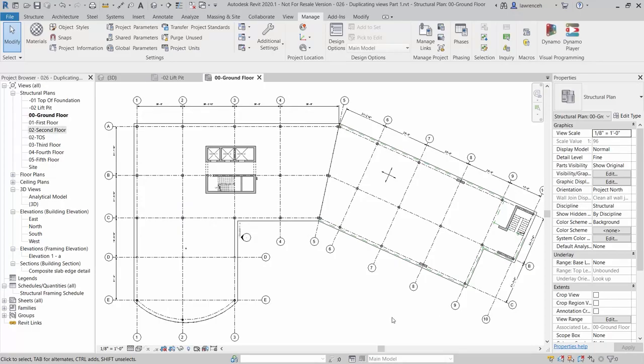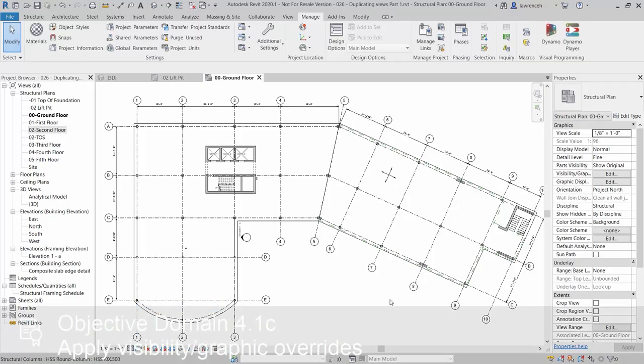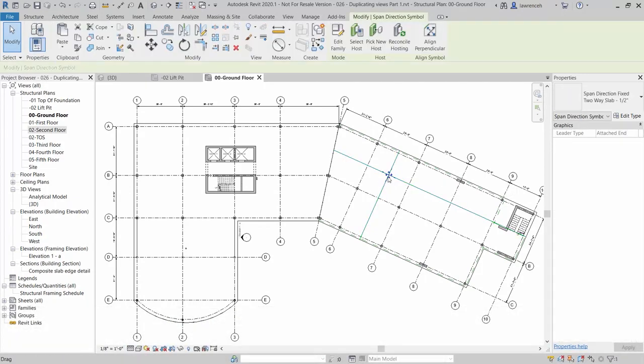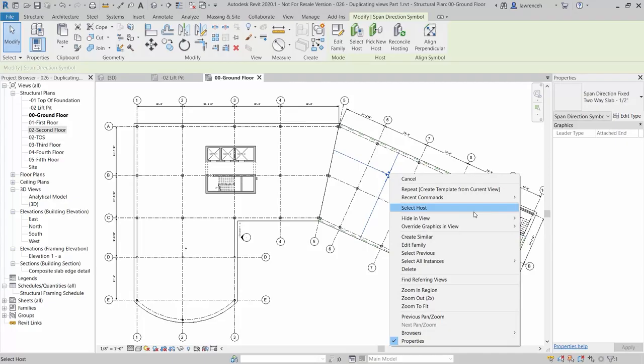Next, we create and then apply view templates. Currently, our ground floor plan has a scale set to 1/8 of an inch equals 1 foot. You'll also notice here that the visual style is set to wireframe. I'm going to go ahead and select Hidden Line. We also have a span direction symbol showing on the plan. I want to remove this, so I'm going to select the span direction symbol, right mouse click, and we'll hide